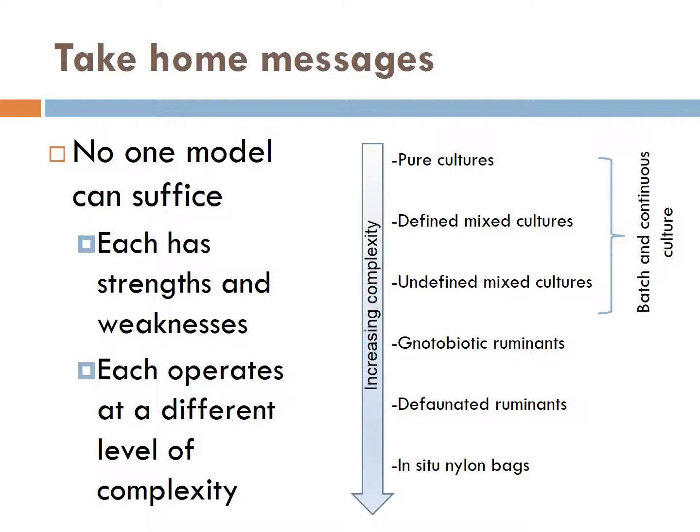The figure at right attempts to order the models with increasing complexity as we go from top to bottom. This ordering is a bit contrived, but it tries to drive home the point that the models are complementary, and only together can we use them to carry out an ecological analysis and understand how the rumen works. In the next two